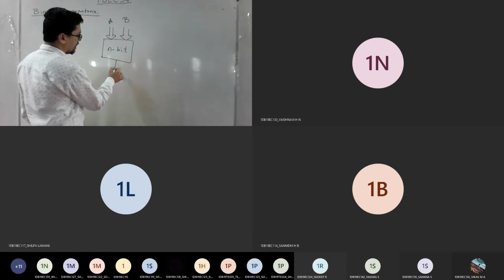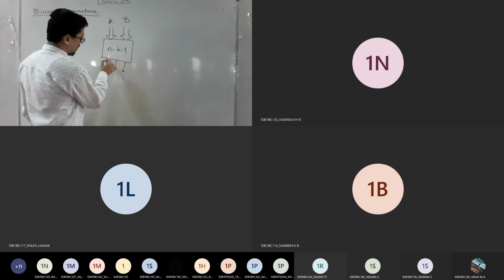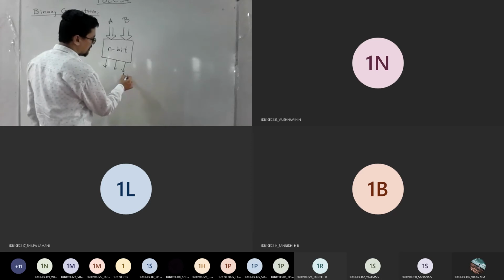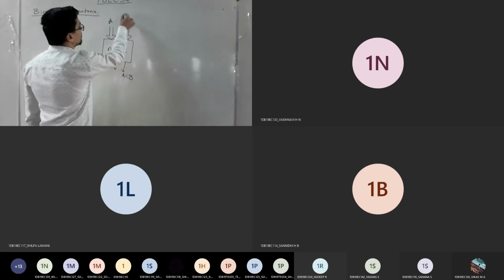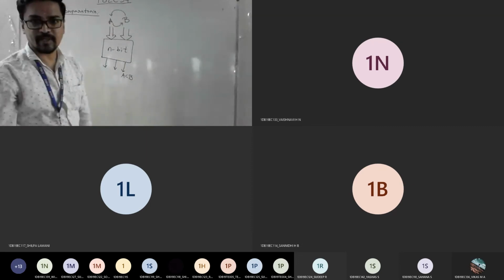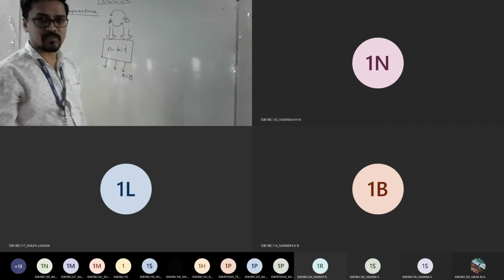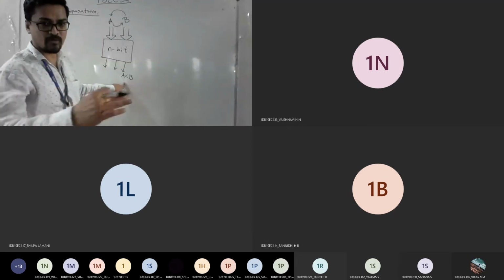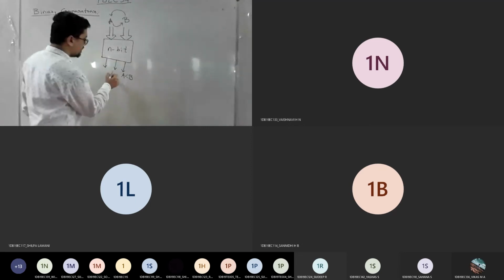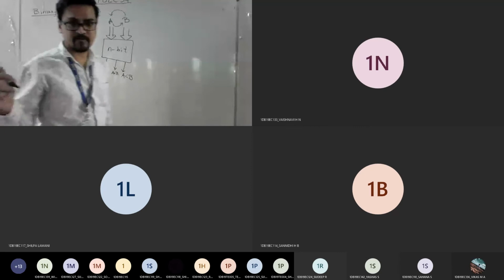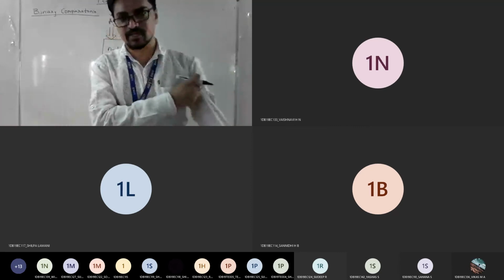Out of which you can have three different outputs. What are those? I can take A less than B. I need to compare the values of A and B. If you keep comparing A and B, what are the possible outputs you may get? One is A less than B, one more combination A equals B, and A greater than B, one more combination. Apart from these three, do you get any other combinations?